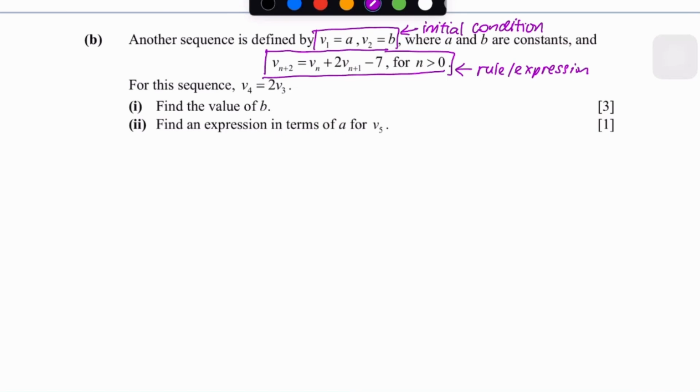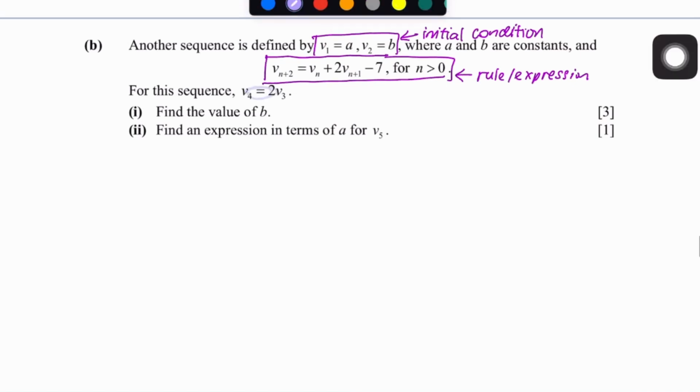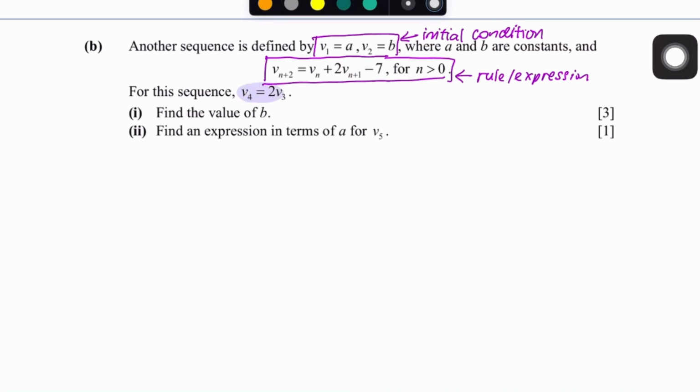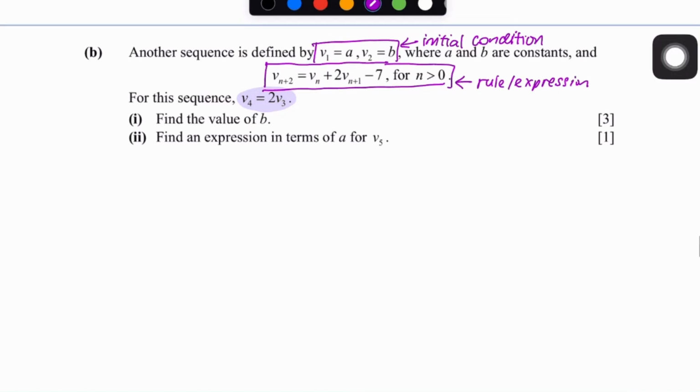Okay, now they give another thing. For this sequence, we have this relationship over here, which we can use. Okay, which will be handy over here. So find the value of B. Okay, so let's take a look at what is going on over here. No choice but to start to work on it. We have no other leads, right? So, okay, so given,